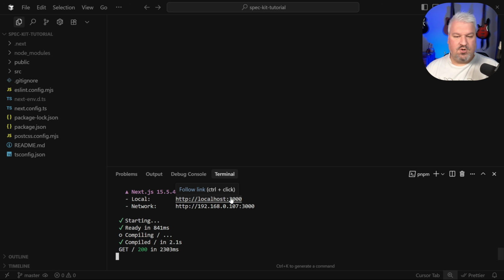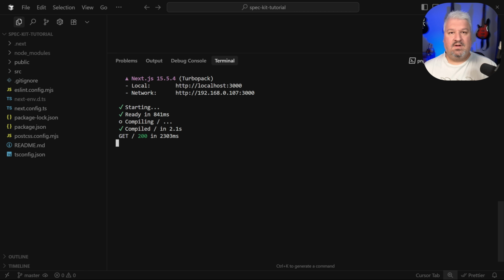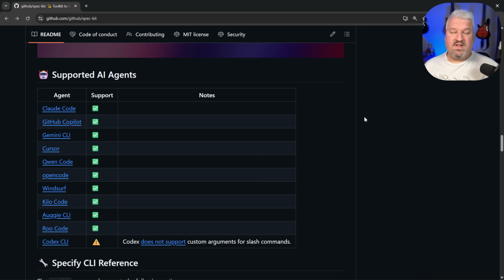Then let's open up this URL, and we should see this Next.js boilerplate. Cool. Now let's have a look at adding Spec Kit to our project. The first thing I want to point out is that Spec Kit is supported by pretty much any coding agent out there. You can see all the agents currently supported on their GitHub page, and they're adding support for more